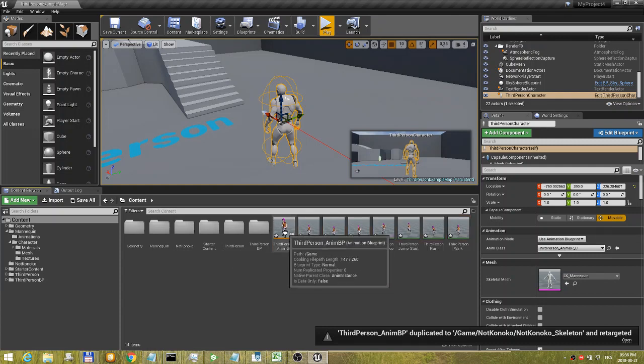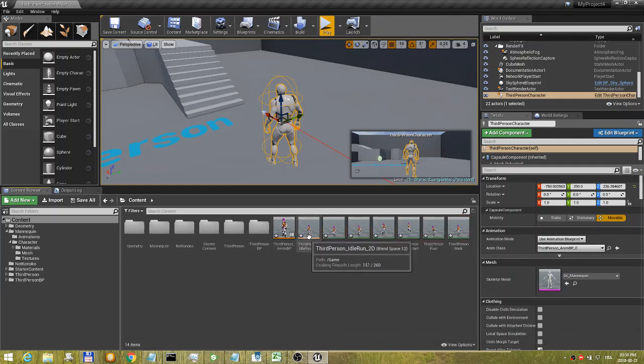After the retargeting, you see a new blueprint and half a dozen animations. There isn't a lot of them because this is the default third-person project. There really aren't that many animations. So, as instructed by the tutorial that I linked to, we should rename the blueprint by adding something, I don't know, here, like this. This is useful because